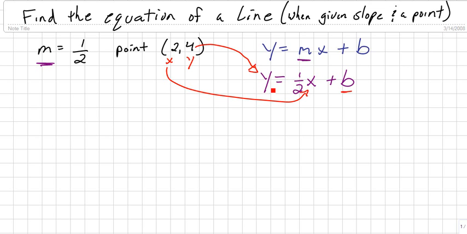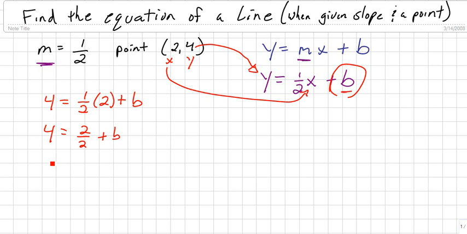And look what happens when we substitute it in. Now I'm only left with one variable, the b, so I'm able to solve for b. So I'm going to make my substitution in. I have 4 for my y value equals 1/2 times the quantity 2 for the x value up there, plus my b, my mystery guest. And when I do my math here, I got 4 equals 2 over 2 plus b, or simply 4 equals